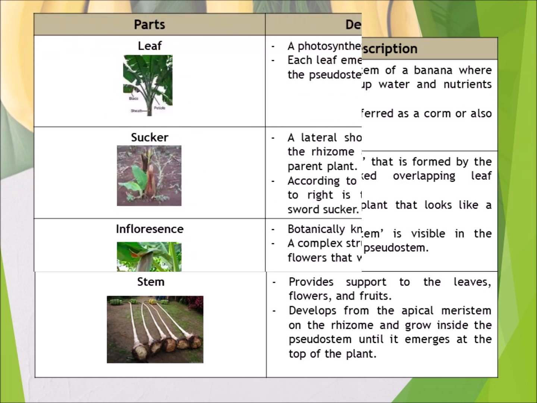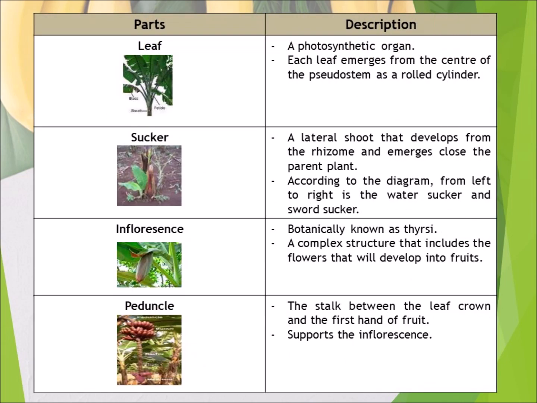of the plant. Furthermore, the leaf of the banana plant is a photosynthetic organ. Each leaf emerges from the center of the pseudostem as a rolled cylinder. Besides that, the lateral shoot that develops from the rhizome and emerges close to the parent plant is called the sucker. According to the diagram, at the left is the water sucker and the salt sucker is on the right